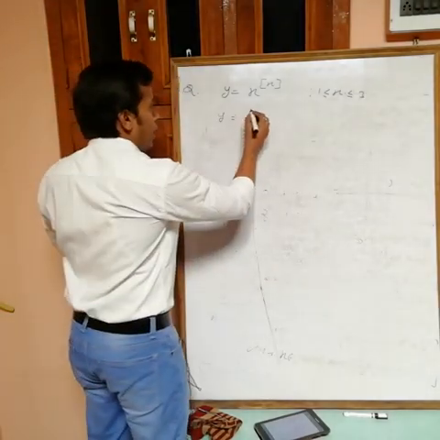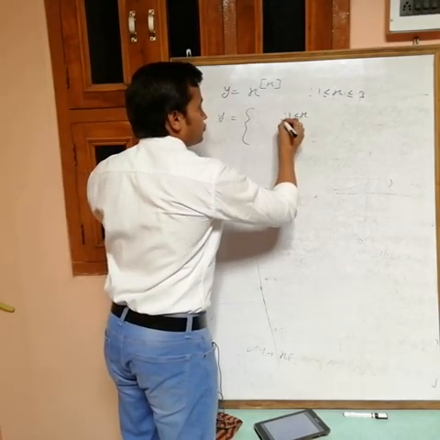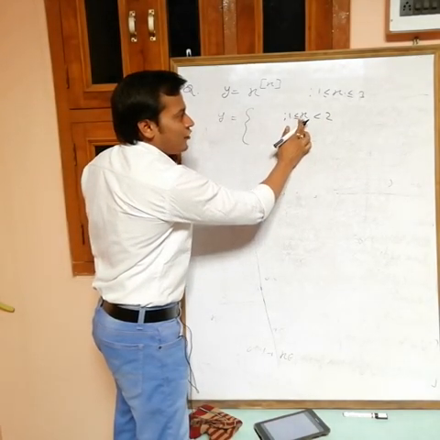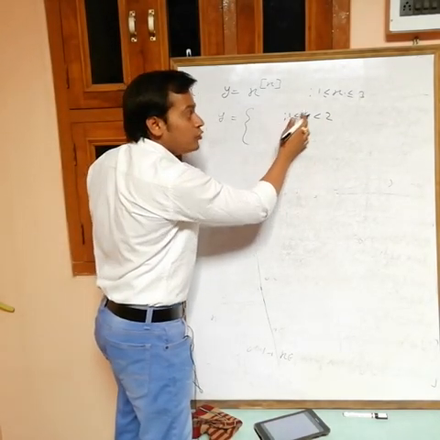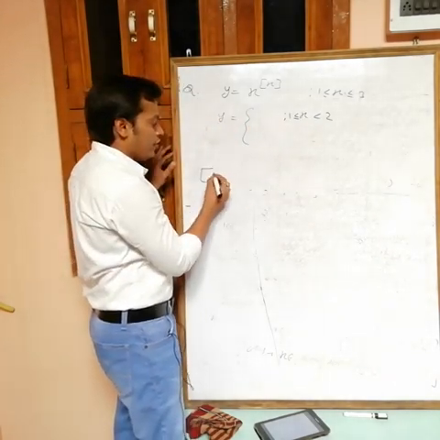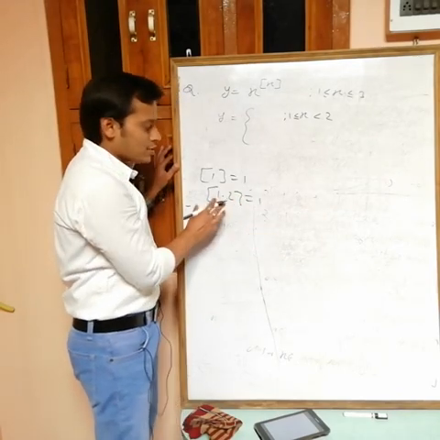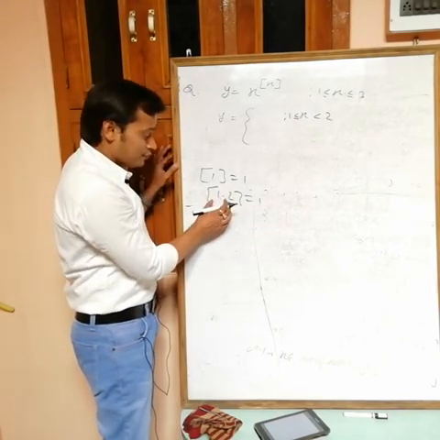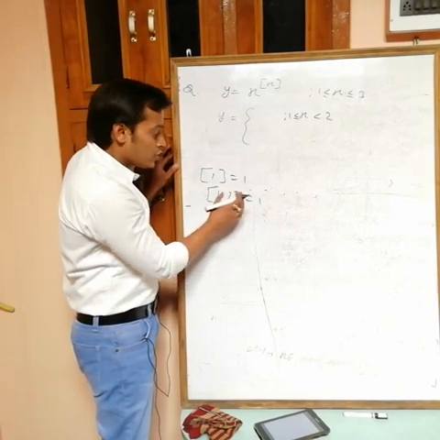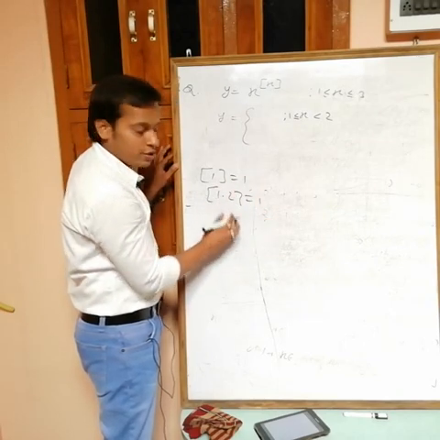Okay. So I am dividing x, first x from 1 to 2. You can't include 2, because if you take any value of x from 1 to just before 2, then greatest integer of x is 1. Greatest integer of 1 is 1, greatest integer of 1.2 is 1. Greatest integer of any number represents an integer which is either equal to this number or just less than it, but not greater than it.